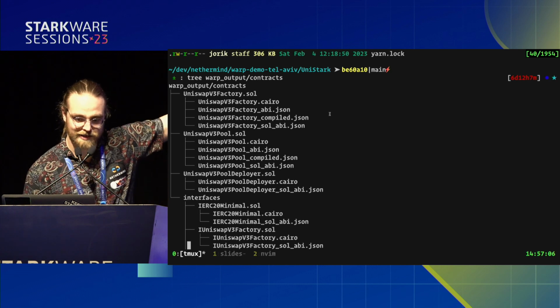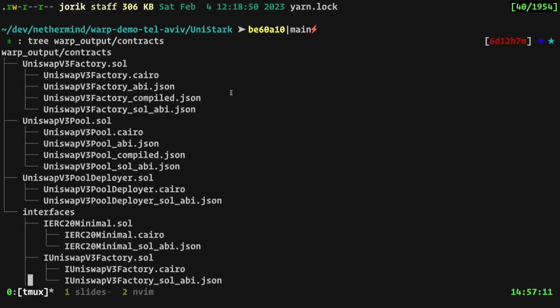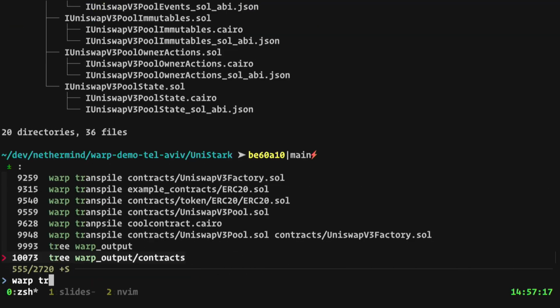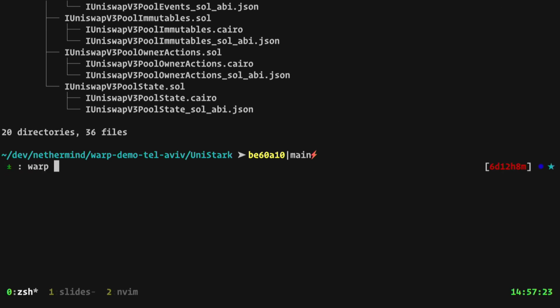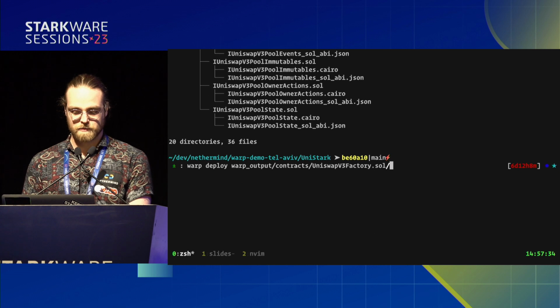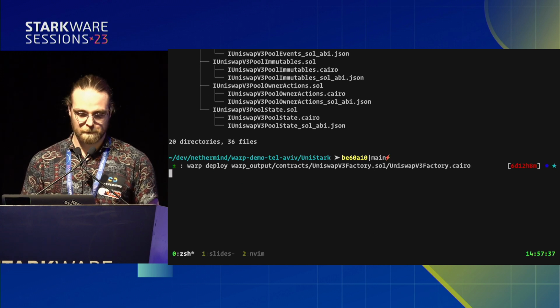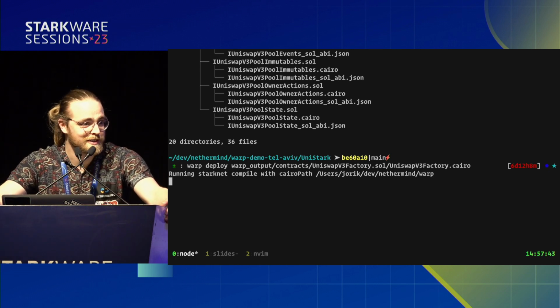You can see both the Solidity interface under Sol ABI and the Cairo interface under just underscore ABI, and then the actual compiled contract under underscore compiled, right? And then you would just usually go through the normal warp declare your factory, right? I'm just going to skip over to warp deploy. So here we're going to, okay, and that's it. You just deployed one of the biggest AMMs on Solidity to StarkNet,